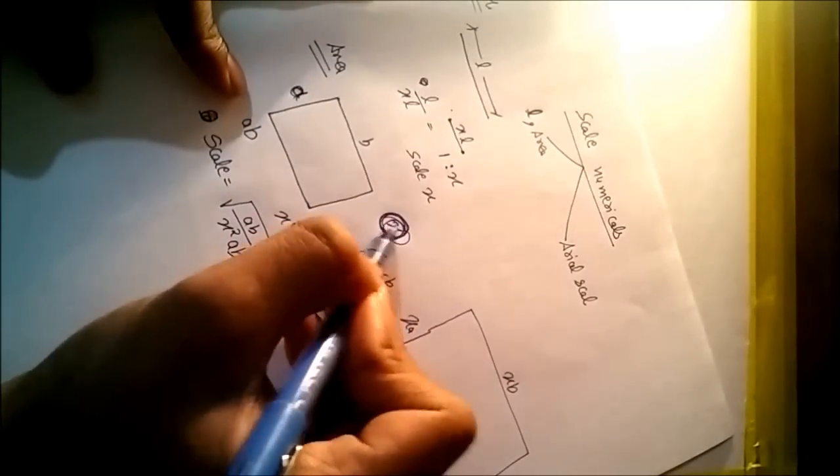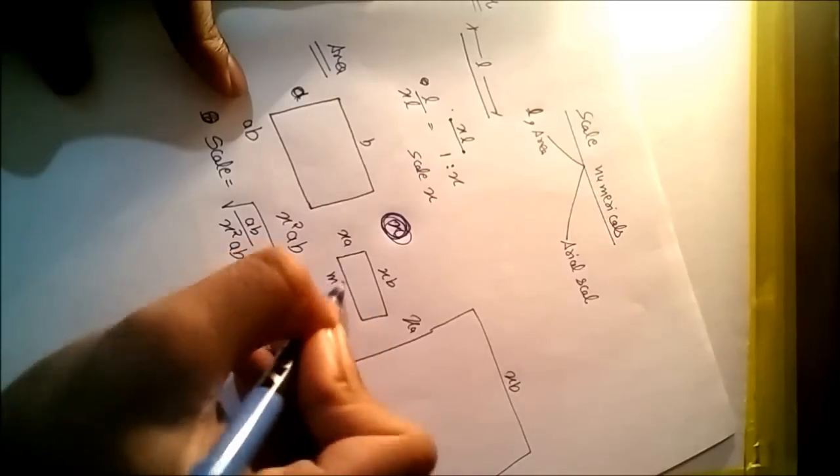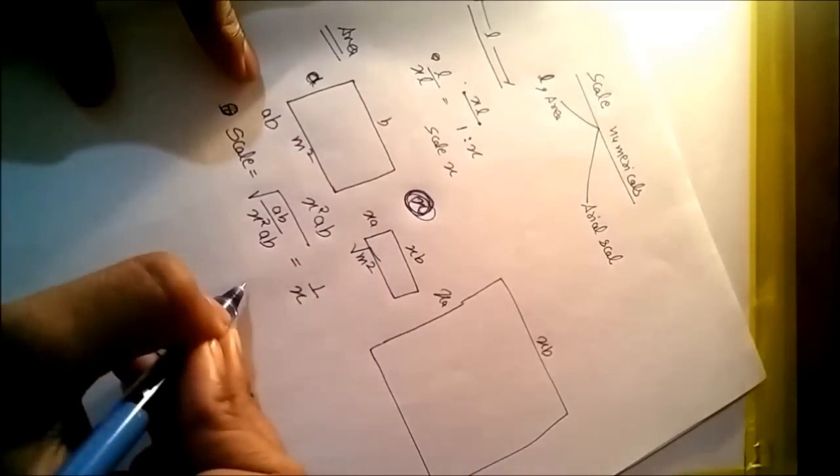Because we know the scale is x, in area the unit gets doubled, whole square, meter square, so we have to take the under root of the unit to get the scale. Okay,